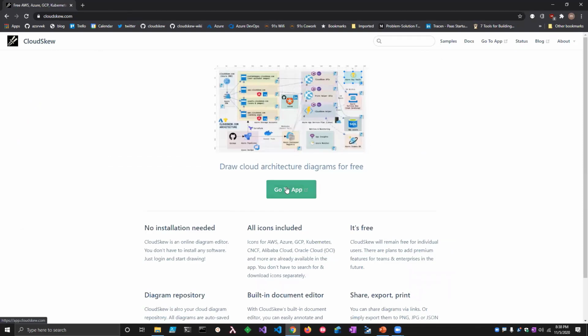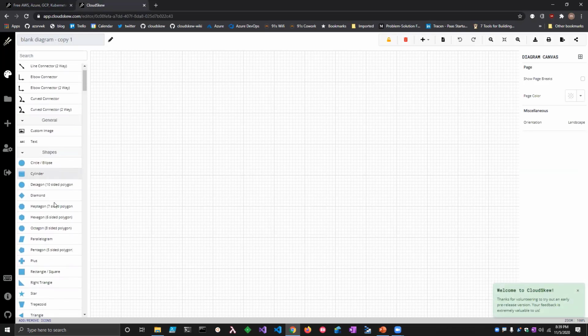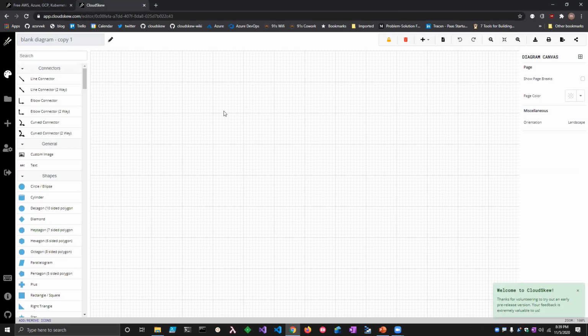So to get started, you just click on this green go to app button, and it'll ask you to log in with either GitHub or LinkedIn. Now I think I'm already logged in with my LinkedIn credentials. As soon as you log in, you'll get this simple diagram canvas. It's a 3-pane app. On the left is the activity bar. Let me quickly run through the set of features, and some of these features have deep architectural implications. Let me quickly run through the important ones.